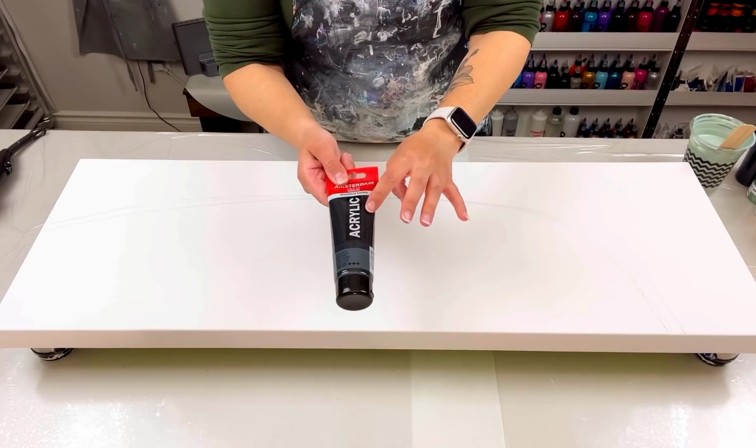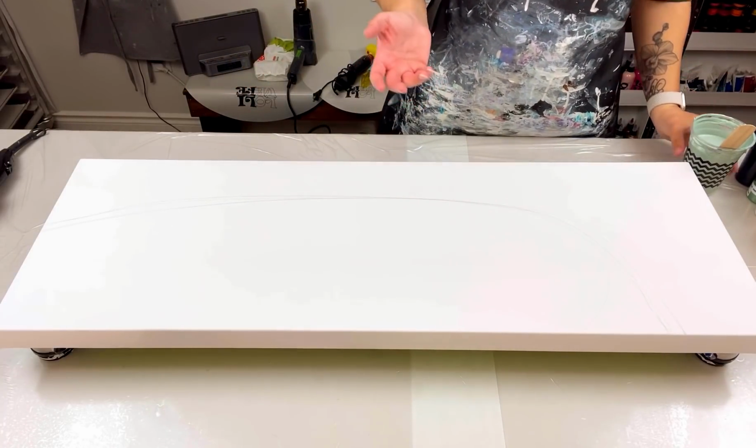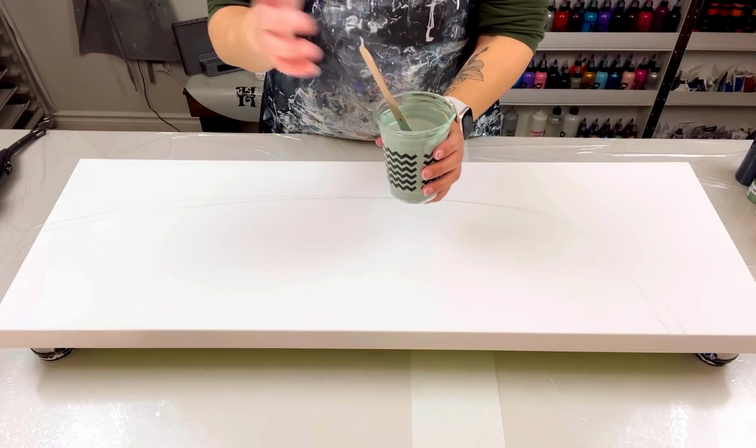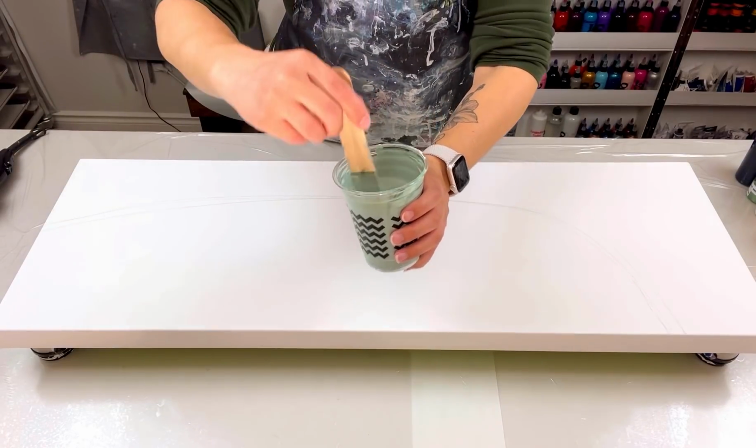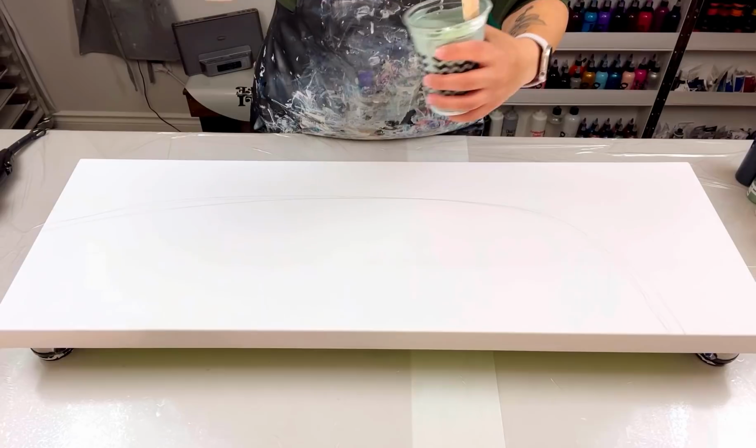So I added a few drops of black and I got this beautiful color here, which is almost similar to the Green Gray by Liquitex Basics. I'll show it to you again. I hope you can see that. I really love that color. Now,